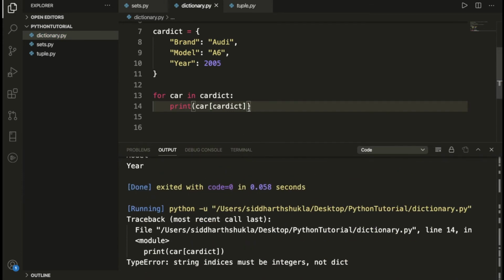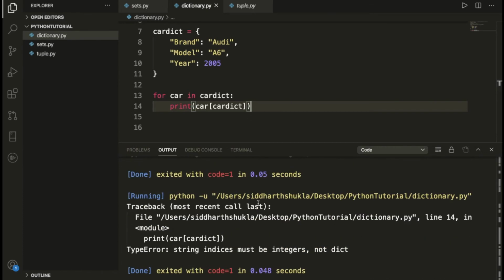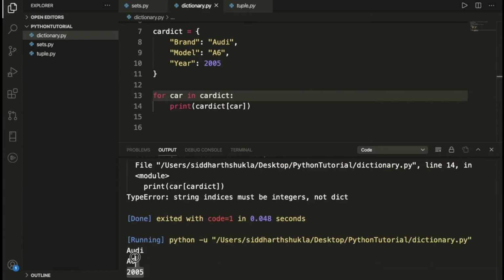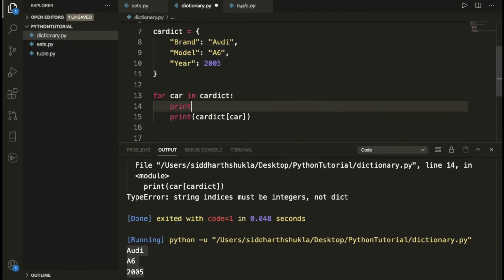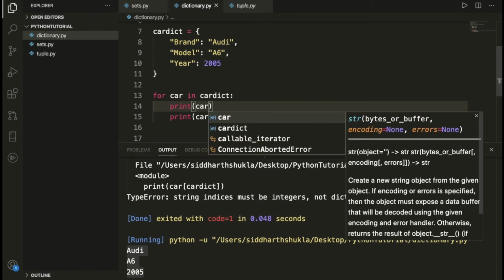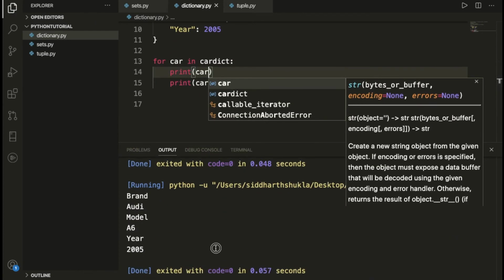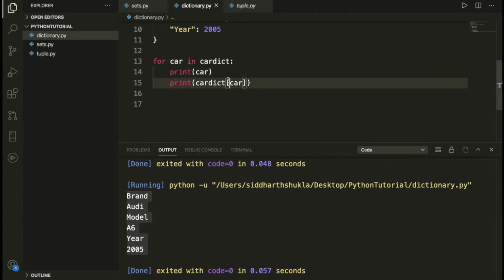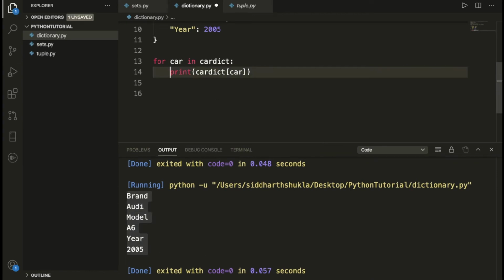Sorry, why are we getting this error? Basically, let me correct this one. We have the car, and here we need to write this. Okay, so we are getting the value here, so this is the value and we have written x as the key. If you want to get both, you can execute it as car, then check, we have the key and value pairs format now. So you can run your program like this.